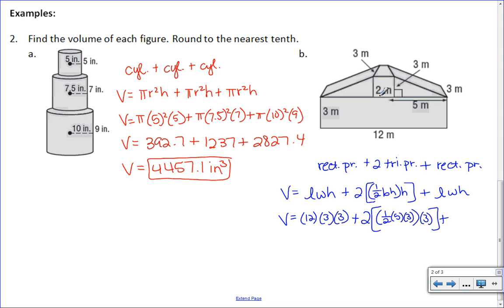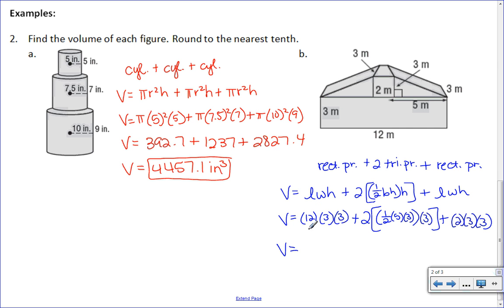Okay, and then for this little rectangular prism, we have a length of 2, we have a width this way of 3, same width here, and a height of 3. So this is 2 times 3 times 3. And again, I'll evaluate each of these separately so that we have each of the volumes individually before we add them